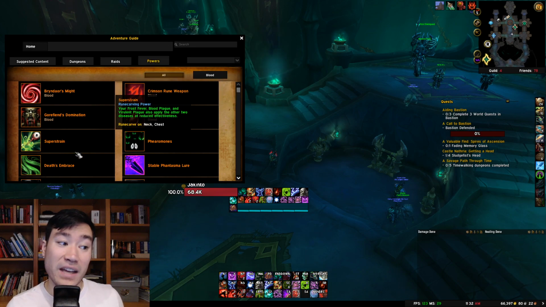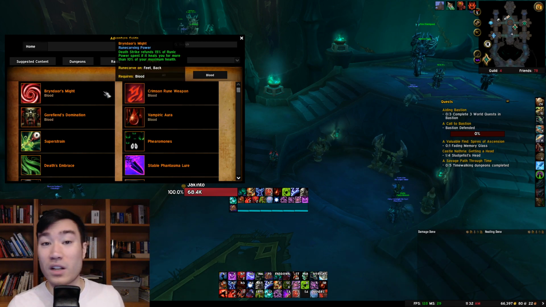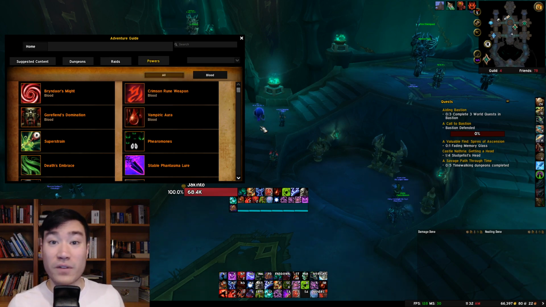That was Brindara's Might and Superstrain. And in most cases, Superstrain pulled ahead. And between these two, this is still the case. Brindara's Might will net you more runic power than Superstrain, but Superstrain is usually the better option due to its throughput. With patch 9.0.5, we saw 2 legendaries in particular that got some nice buffs and emerged as potentially being